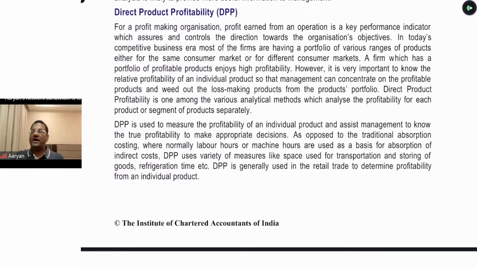Please write down the very first point, applicability. Direct product profitability, write down in abbreviation DPP. In bracket DPP, bracket close, is applicable for, write down in inverted commas, retail sector. Is applicable for a retail sector. Full stop. Retail sectors such as